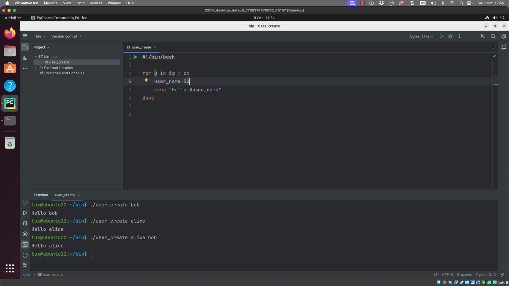And now as I go through and execute from the command line, if I use the same script and arguments that I used before, Alice and Bob, I get hello Alice and hello Bob. We've processed both. Going out and then running Alice, Bob, Joe and Frida, we can get all 4 users being greeted.